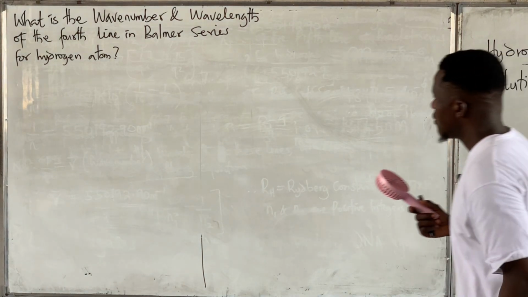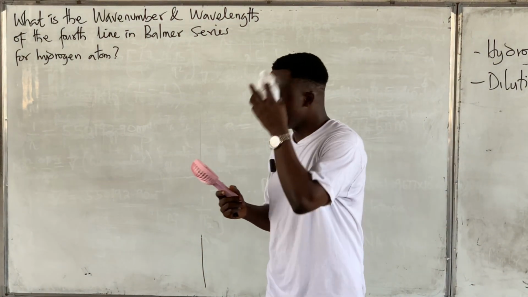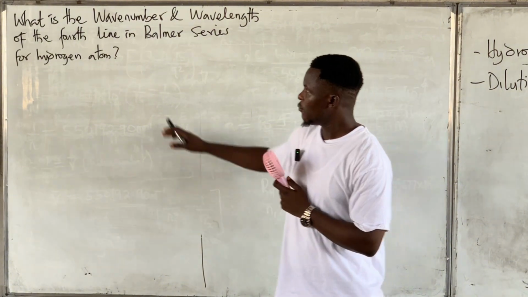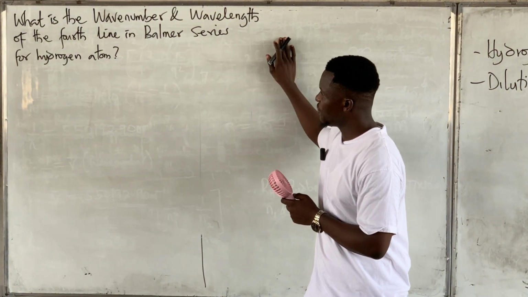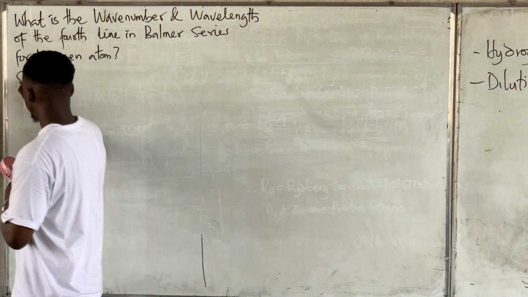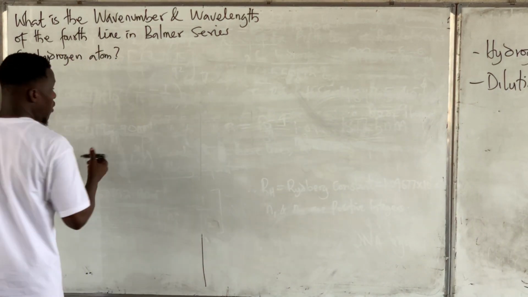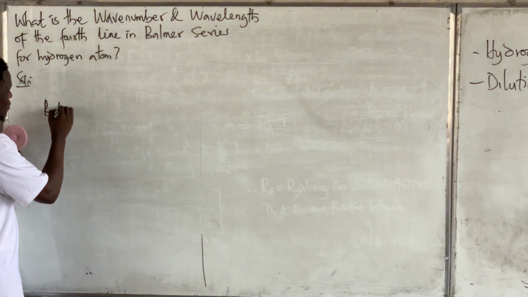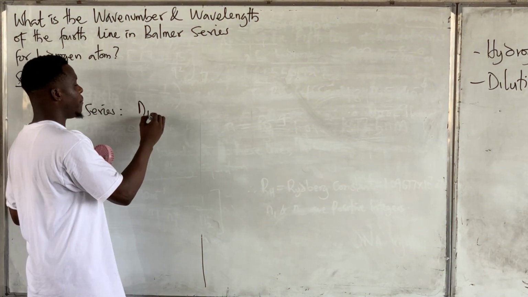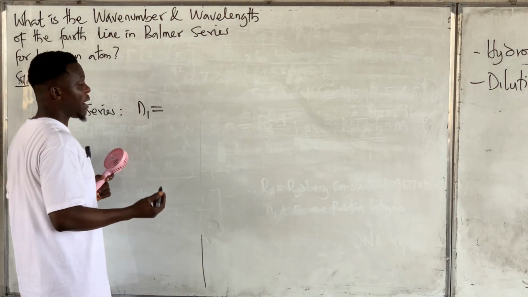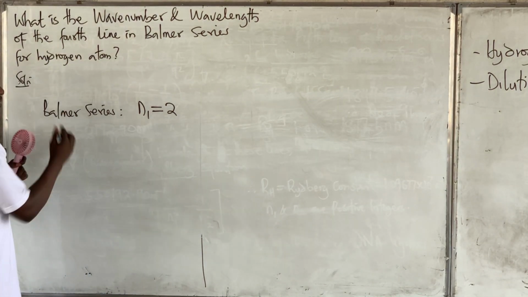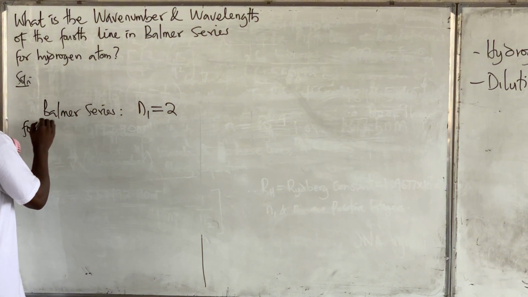They said, what is the wave number and wavelength of the fourth line in Balmer series for hydrogen? So, solution. For Balmer series, class, what is N1 for Balmer series? N1 for Balmer series is always 2, right? Now, they said, which line? For the fourth line,